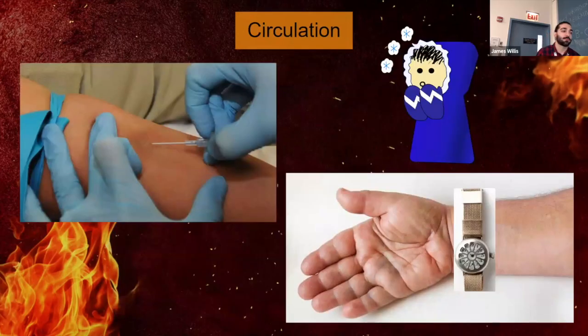So moving on to circulation. IV access, you always want to get 2 large bore IVs, preferably through unburnt tissue. Peripheral circulation should be checked throughout the body. Any deep or full thickness circumferential extremity burn can act as a tourniquet, especially once the edema starts to develop a little bit later after fluid resuscitation. So it's important to bear in mind that it may not happen immediately, but it could happen hours after